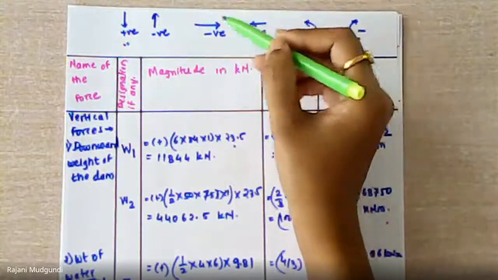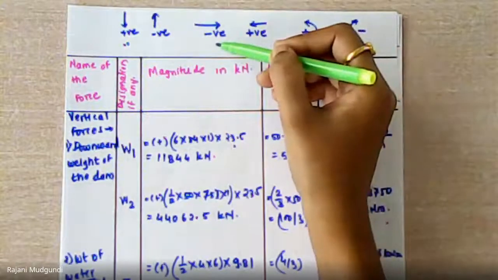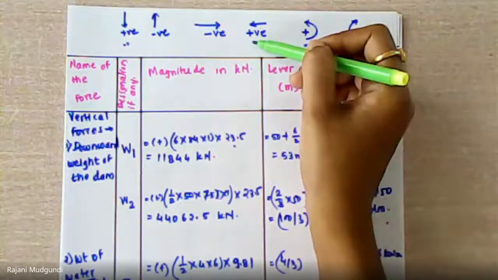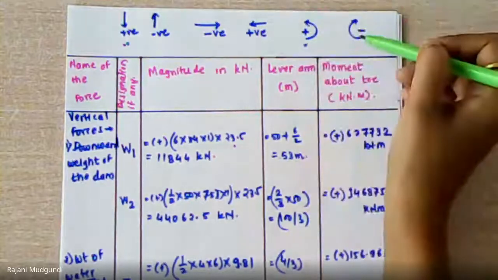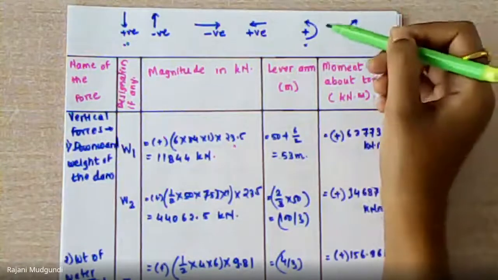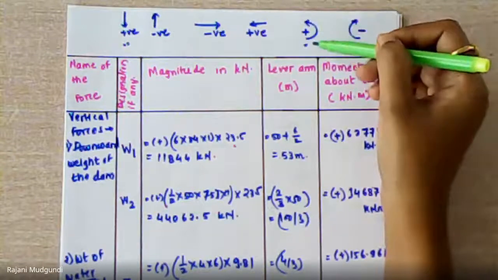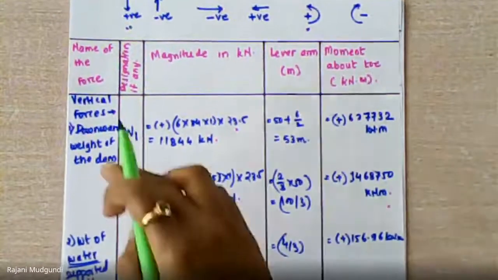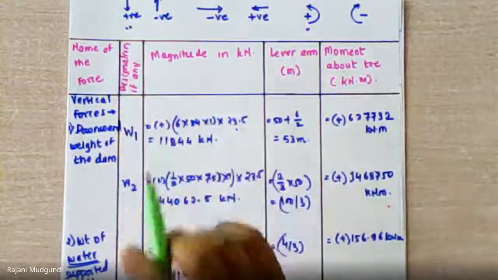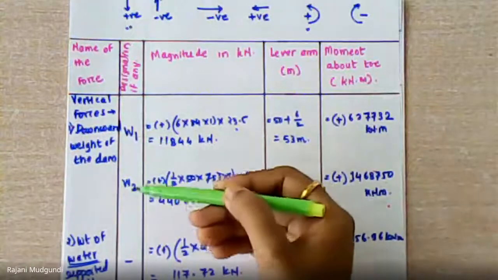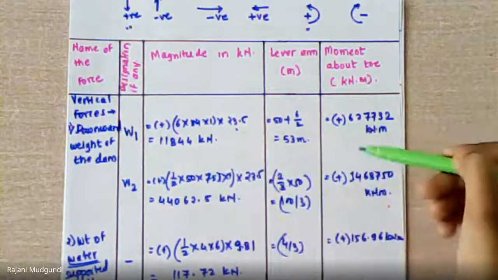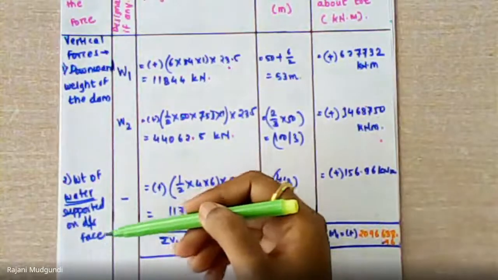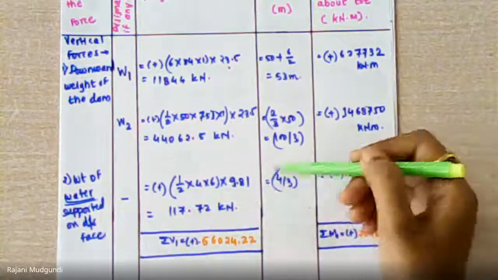Against the stability, the disturbing forces will act in the vertically upward direction. Towards the dam, or towards the right hand side, horizontal forces are to be taken as negative. Towards the reservoir, or towards the left, the forces are to be taken as positive. Clockwise moments are negative, whereas anti-clockwise moments are considered positive, right? So for the vertical forces, first we have calculated the downward weight of the dam divided in two parts. Respective moments we have calculated.